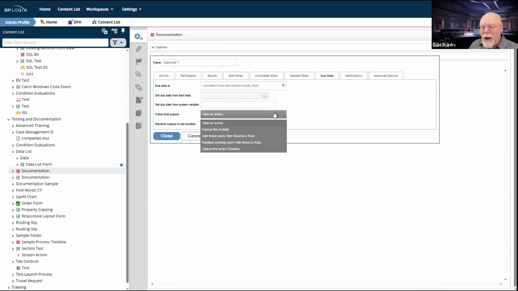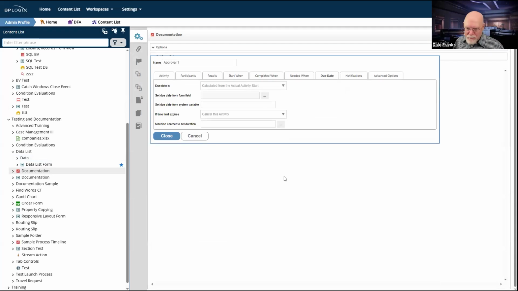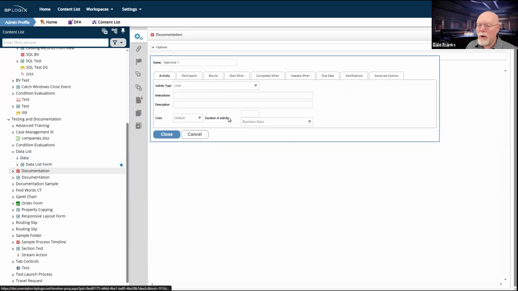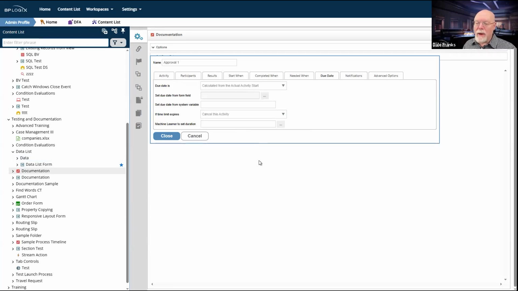So if you have, when the time limit expires, cancel this activity, even though you will have, well, I don't even have a duration, so this would really blow up. Let's say I have 3 days here, right? What you would expect is for this activity to run for 3 days and to be able to calculate the due date and then cancel the activity on that due date.